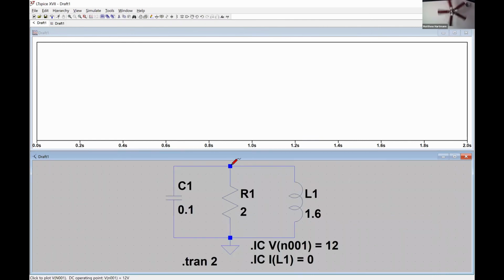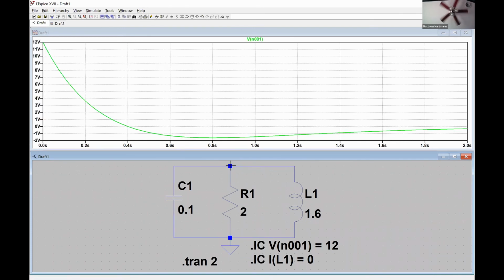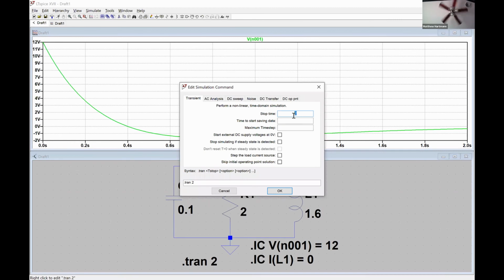So let's look at our capacitor voltage first. We're not actually looking at it quite long enough to see it settle down to 0. So let's change this. Just 3 seconds. So when I ask you guys to verify the behavior of a transient analysis problem, my expectation